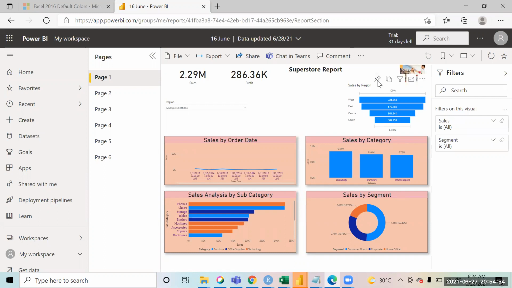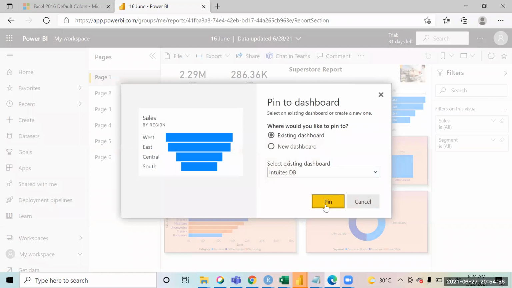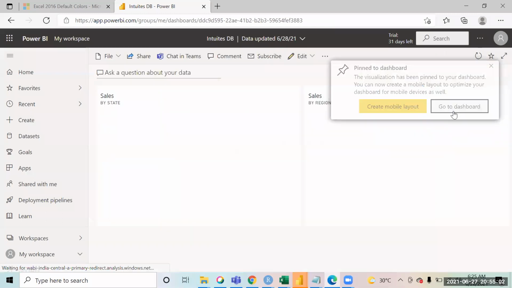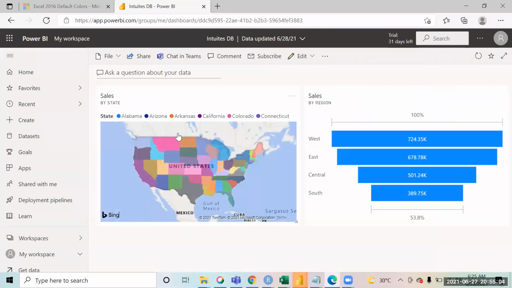Suppose I want to pin this visual. I click on pin visual and say pin it to an existing dashboard. So this chart also gets attached to your dashboard.